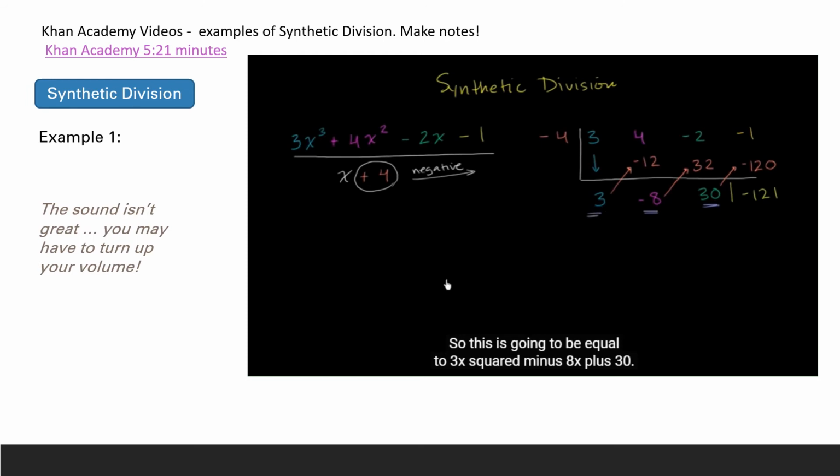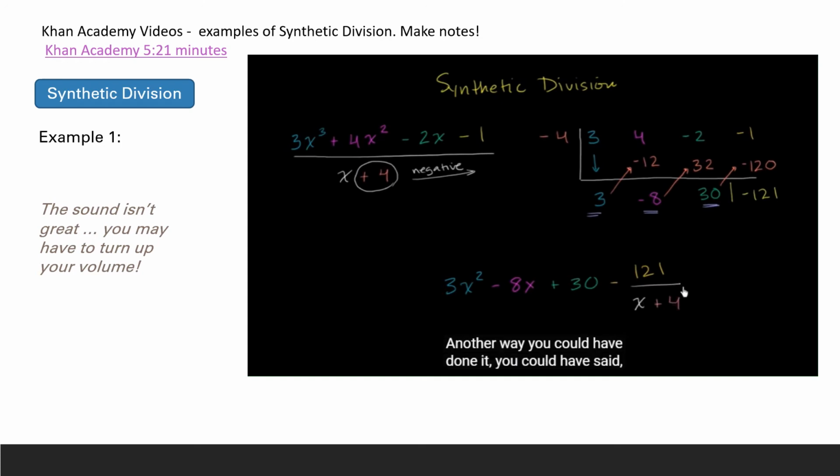3x squared minus 8x plus 30, and this right over here you can view as the remainder. So minus 121 over the x plus 4. This didn't divide perfectly, so over the x